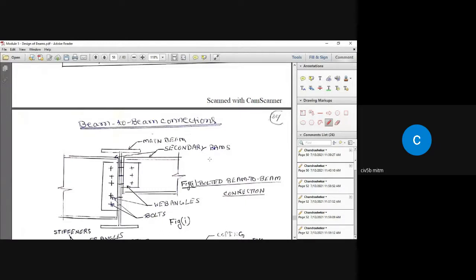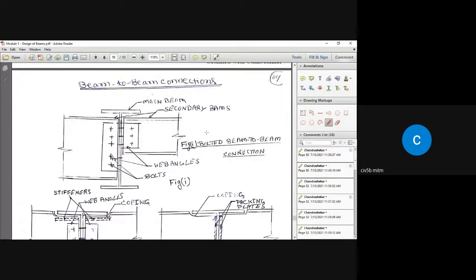Okay. So next there are connections, beam to beam connections. Absolutely no design problems of beam to beam connection or beam to column connection, etc. It is only figure and explanation, figure and explanation. So when I start this tomorrow, I'm going to write the figures on the board, so that you can see it. If I explain this, some of you may understand it, some of you may not be able to visualize it. It is better I show it on the board tomorrow.